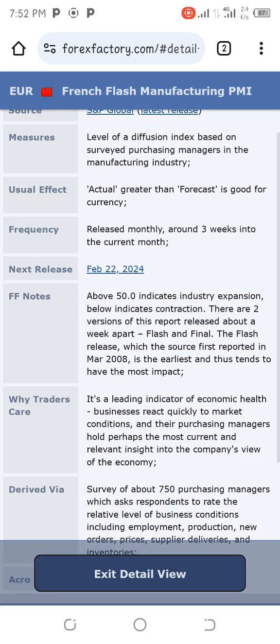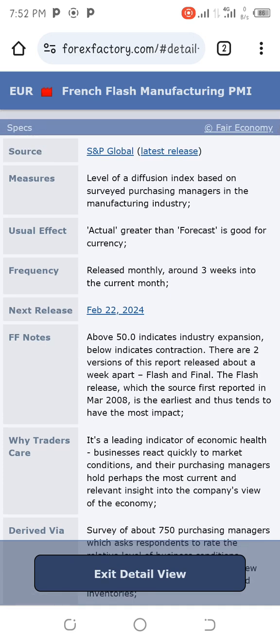So now, it measures the level of efficiency of the index based on a survey. Every month, for instance in the US or in every country, there is what they call a survey. If you are an economics student, you understand this properly. Now, survey simply means